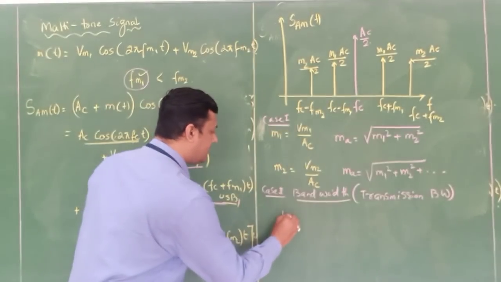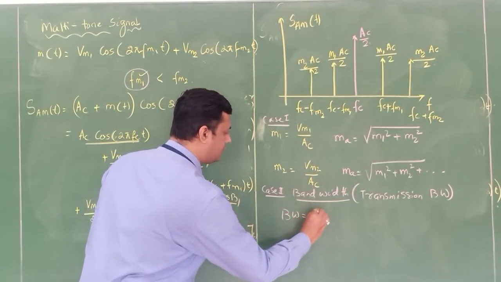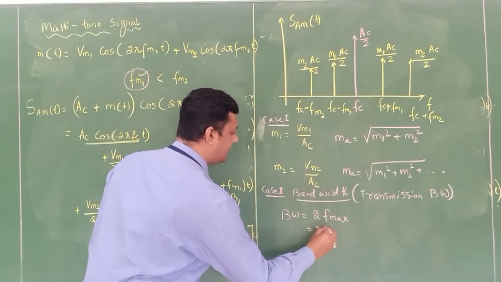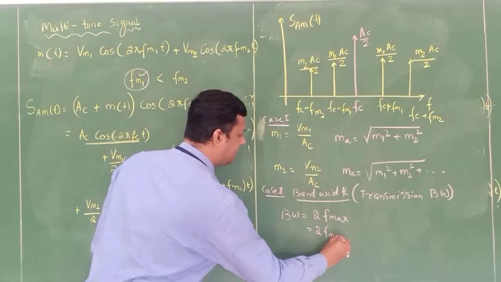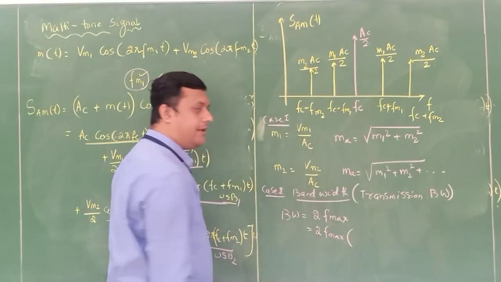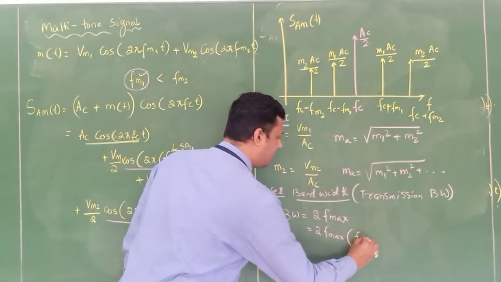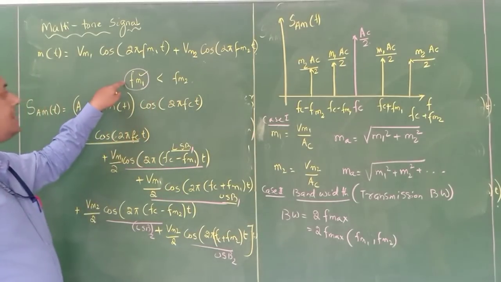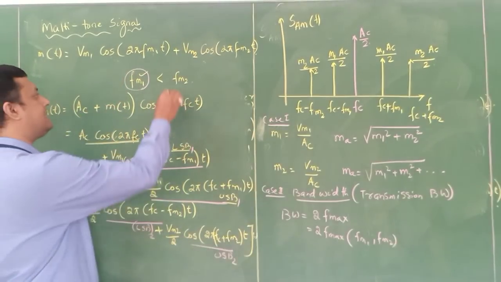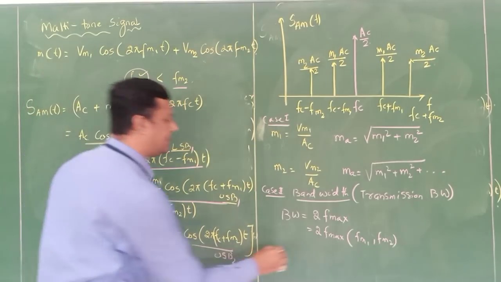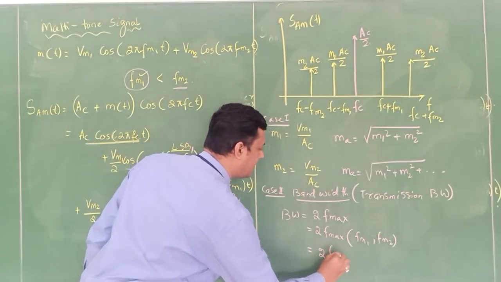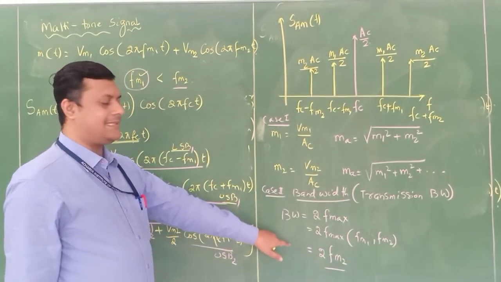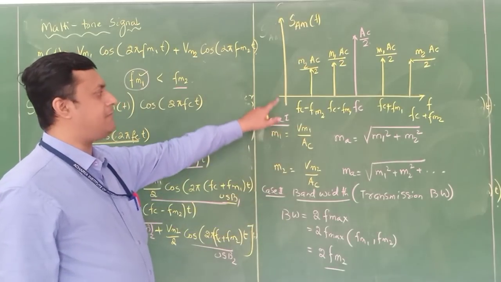Bandwidth is equal to twice Fmax. Okay, so what is Fmax? Fmax means the maximum frequency available in the modulating signal. As we have considered that FM2 is greater than FM1, my bandwidth will become twice FM2. Okay. This is the theoretical calculation, but spectral analysis also